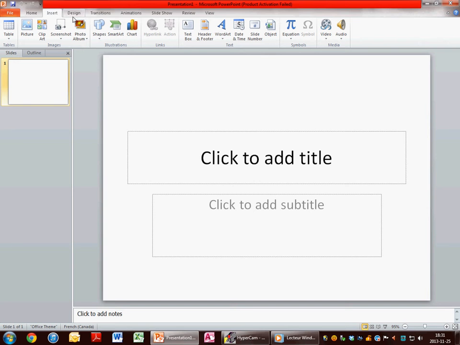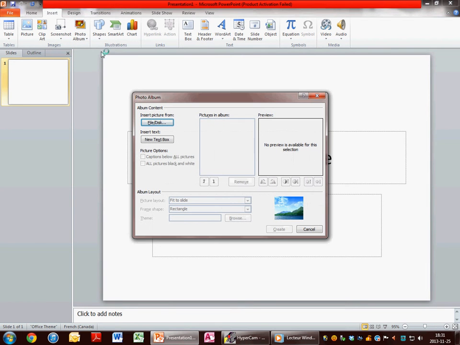Then for this part, I will show you how to create a photo album. I know in my future career it's not the most important thing about this program. However, I think in life it can help to make special events, whatever event you want. So to create a new photo album, you just click on the arrow right here and New Photo Album.